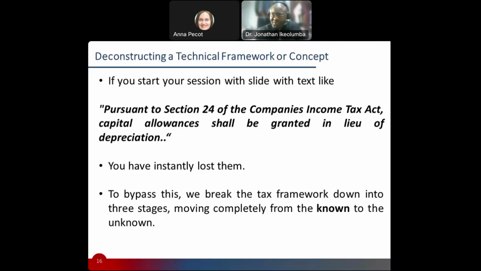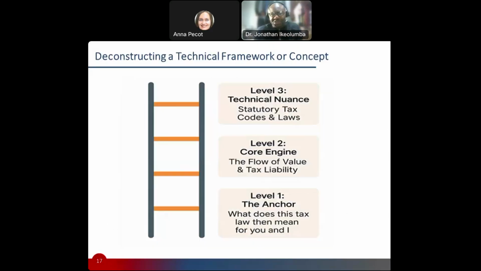I heard someone put in the chat almost exactly what I was trying to say. I think the idea really is to start from what is unknown and then move to what is known. I think that's the way to approach it. So rather than start with something like that, I think we could ladder it. And I'm going to speak to what I mean by laddering it.